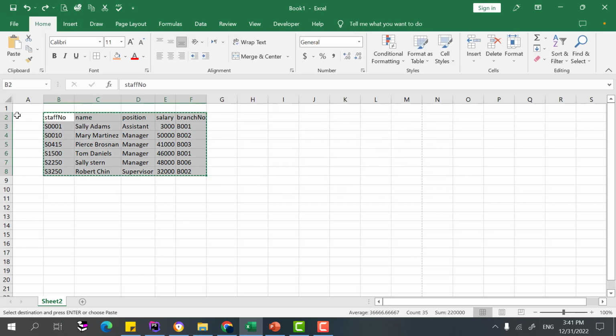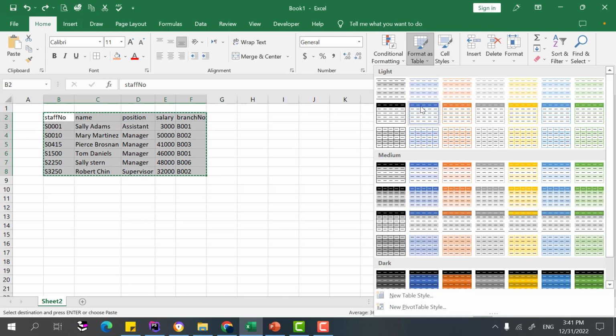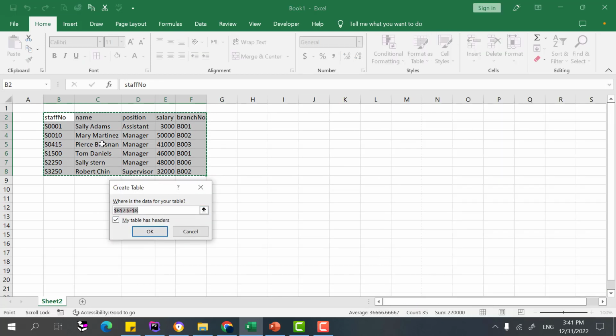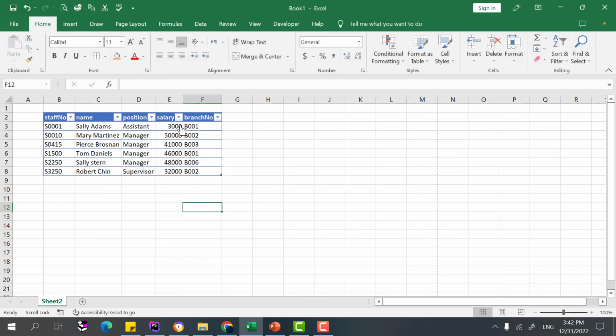As you can see here, I can use these options to do some formatting on it, or there are many different options to do that. If I want to do quick formatting on my table, I can select it, and here I can select Format as Table. I say whether my table has headers or not, and select here. Now it will format quickly for me. But the main thing is, here I want to get the average salary of these